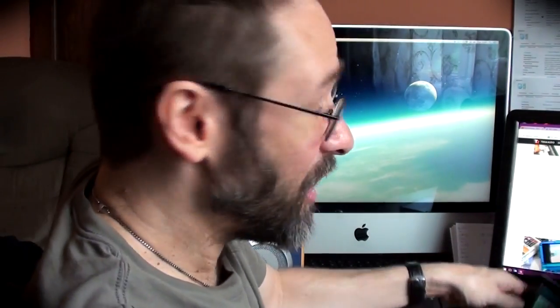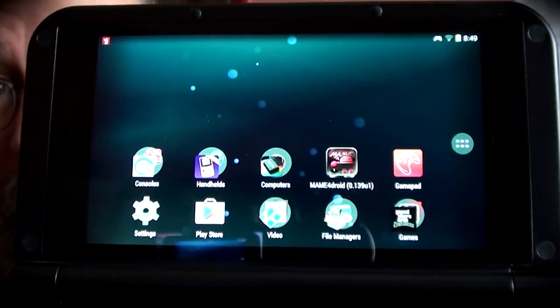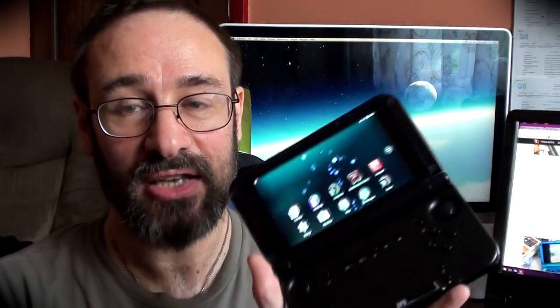Personally, I've used multiple different versions of Android and I like all of them. I can't really tell the difference once I put the, you know, standard screen like that basically. It comes with a different launcher than the one you will see here. It's called Metro, I think. It's kind of a little bit like Windows 8 in that it was horrible and I didn't like it, so I switched to a standard front end like that